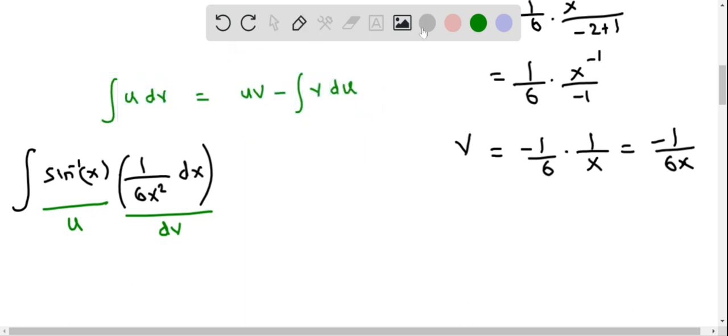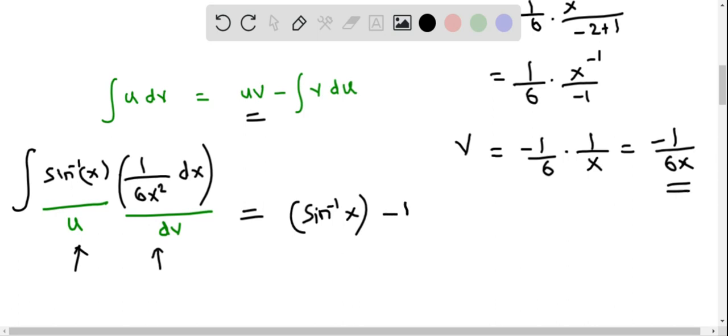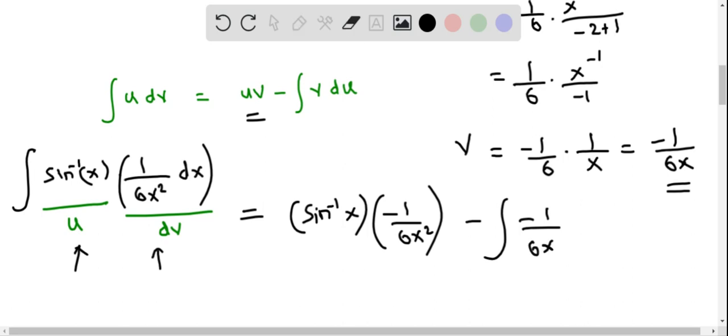Therefore, when we apply this formula, since this is in the form of u dv, according to the formula we have to multiply u and v. We know that u is sine inverse of x. So I put sine inverse of x times v. We found v as negative 1 over 6x. I multiply by negative 1 over 6x, minus the integral of v, that is negative 1 over 6x, times